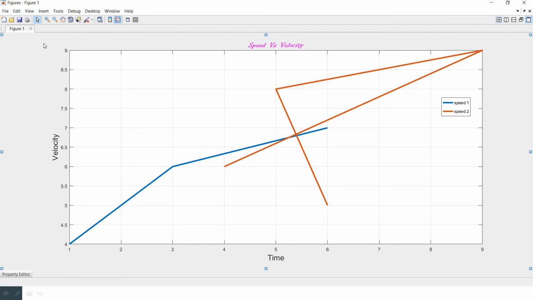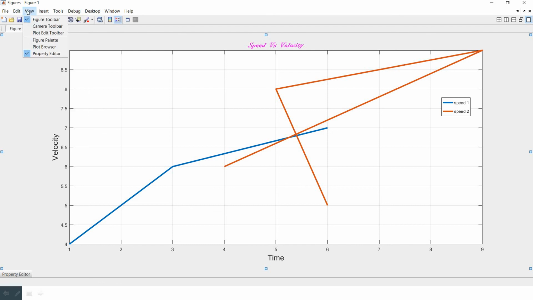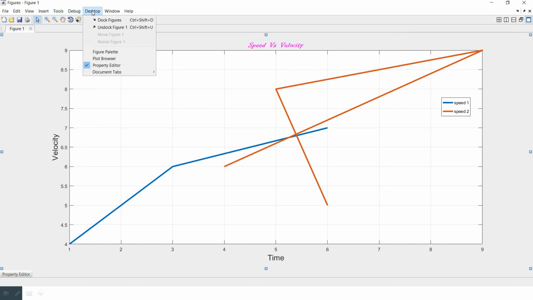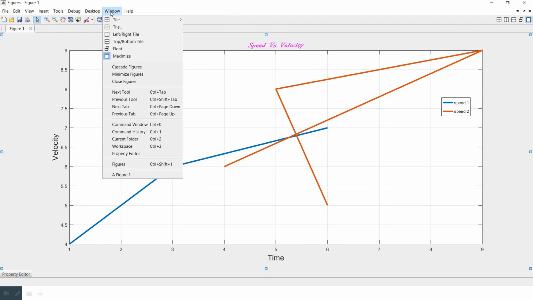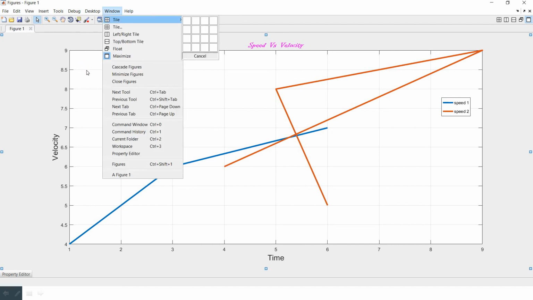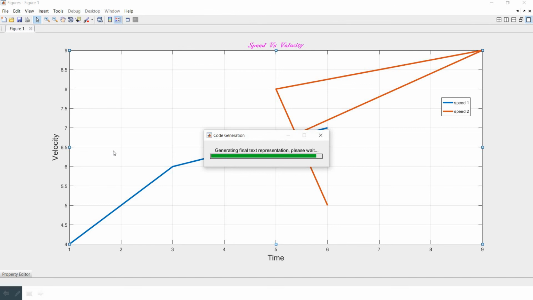For documentation, if you might need the commands, you can just right click and say show code.